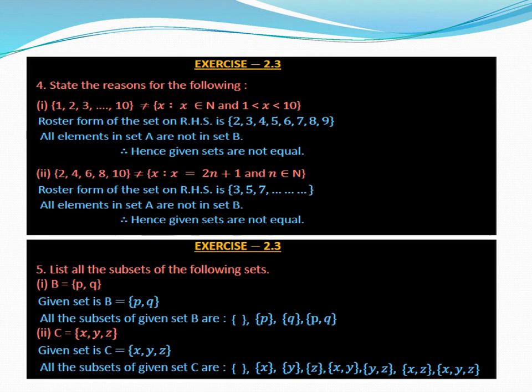Next we will write the subsets of the given set C equals X, Y, Z. Here 3 elements are there. The given set C contains how many elements? 3 elements, X, Y, Z. So how many subsets does this given set have? 2 cube means 8. So we can write first the null set and last the given set. Now we will write the single element sets X, Y, Z. Now we can write pairs of elements. X comma Y is one set and X, Z is another set and the remaining Y, Z. So how many subsets are there for C? 8. 1, 2, 3, 4, 5, 6, 7, 8.